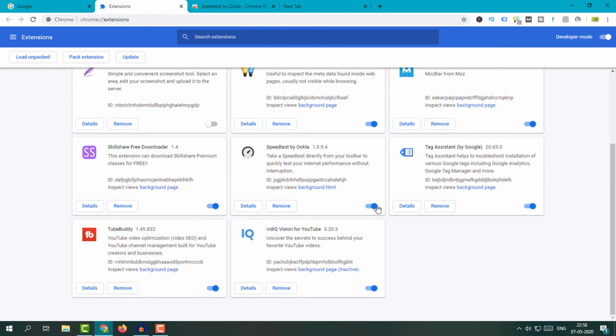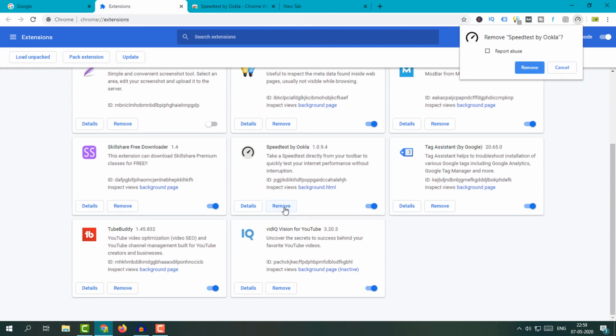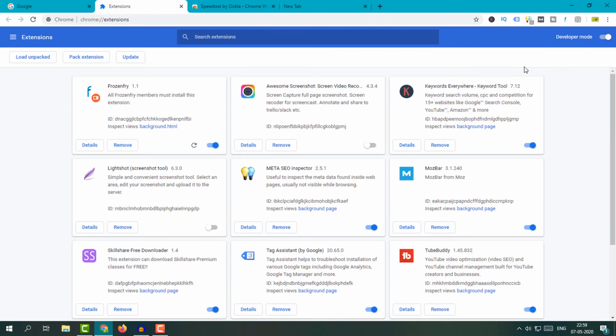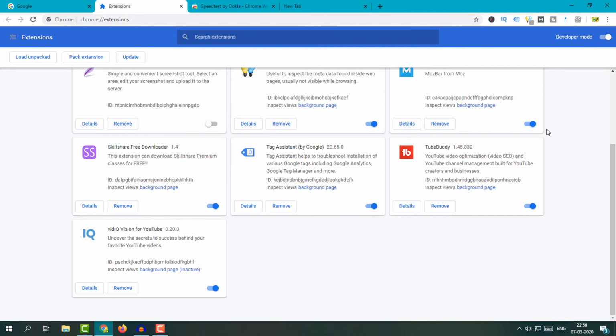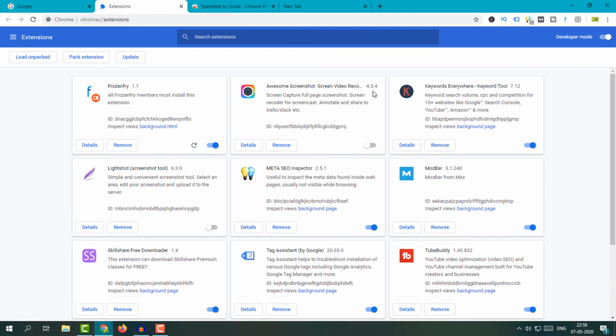So if you want to deactivate this extension, just click over here, so this extension will deactivate. Or if you want to remove this extension from the Google Chrome, simply click the remove button and then click on the remove button. Then this extension will be removed from your Google Chrome.